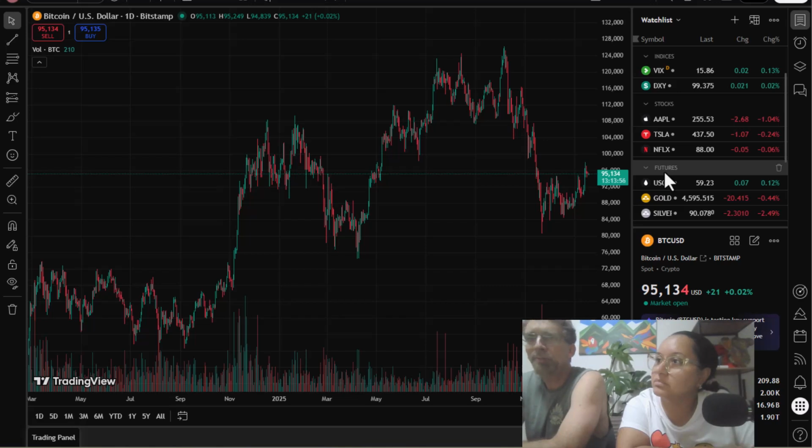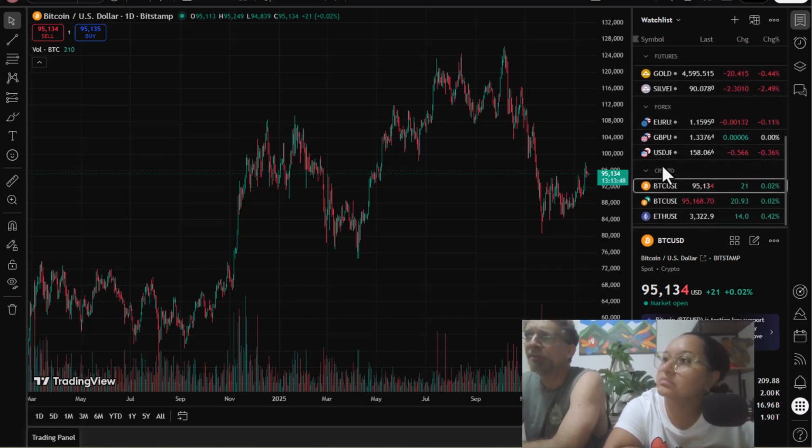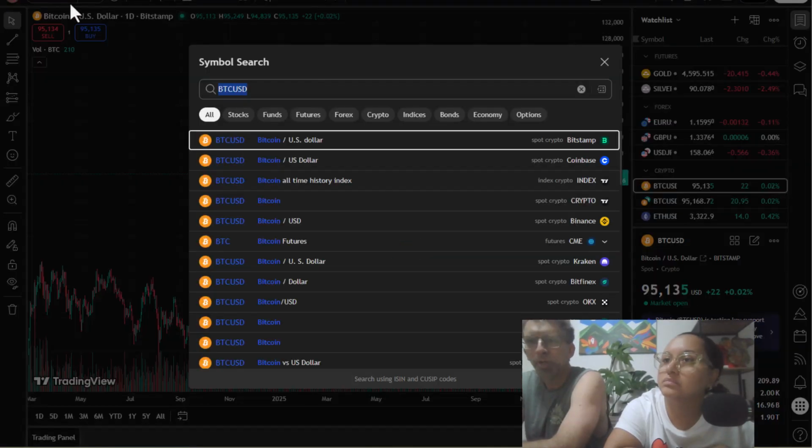TradingView, as far as I know, has pretty much everything. Okay. Not every exchange will have everything though. So for example, Bitcoin, Ethereum, I think every crypto exchange will have those. But if you go to something else like,